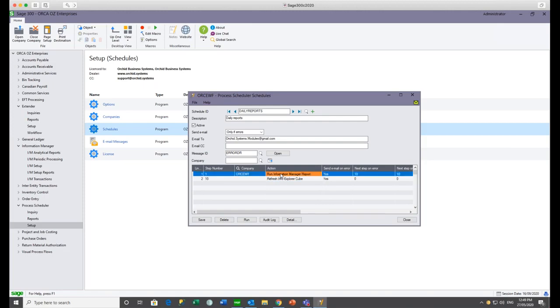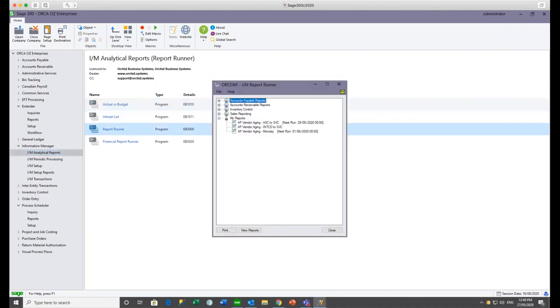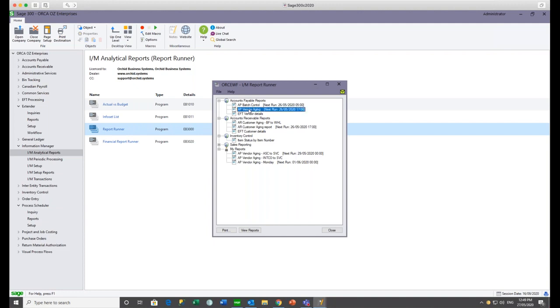And the reports that it's running are the ones that you've set up in Report Runner. In Report Runner, you can set up both Crystal Reports and financial reports. You can set up menus of these reports, assign them to groups, and assign users to groups. These can be the standard Sage 300 reports, like the batch control report, or your own custom Crystal Reports. In this case, it's an AP vendor aging, and here we've got a custom AR customer aging,